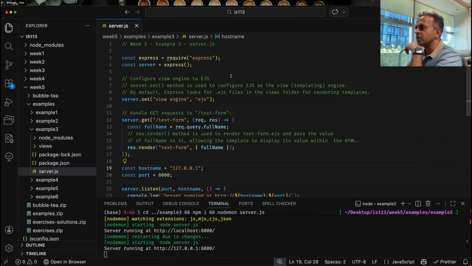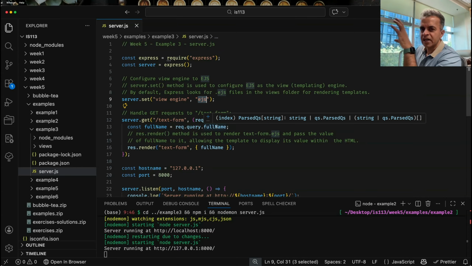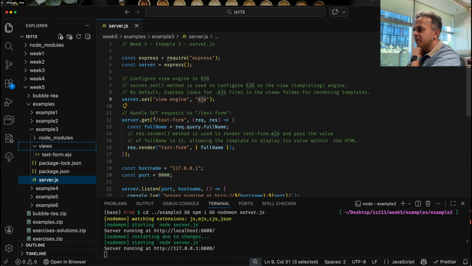Save it. Now let's look at the code. As usual, Express is loaded by requiring it, then the server, then the Express server. Then we set the view engine to EJS. We're not explicitly setting the views folder to views because we're going to use views, so we don't have to set it. Then we're going to get text form, meaning we're going to need to set up a route